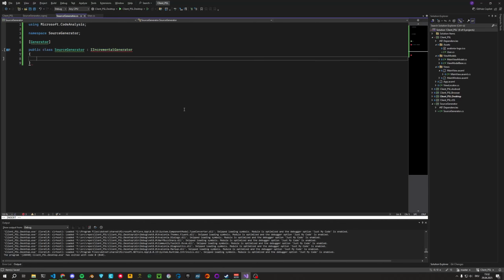So this is gonna give us an error because an incremental generator needs a public void